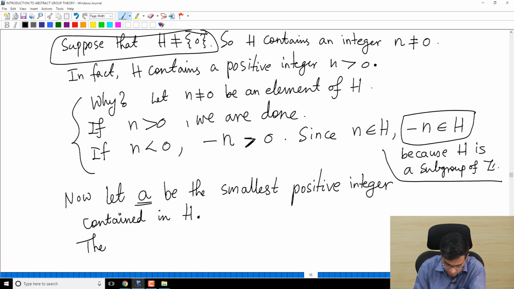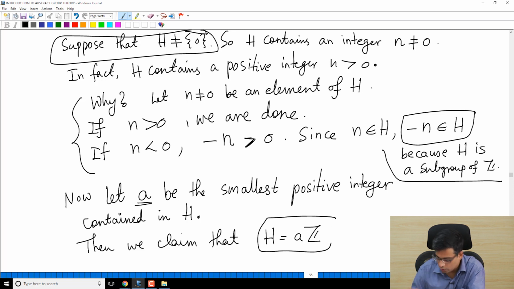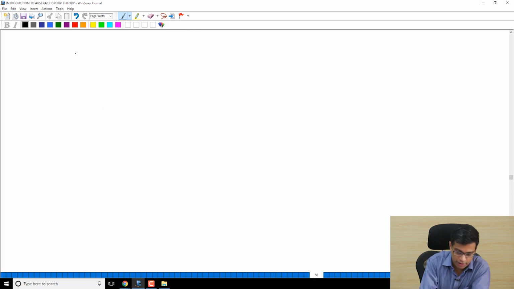Then we claim that H must contain only multiples of A. That is my claim, which also proves the theorem. So, why is H equal to AZ? So, now let us say B,